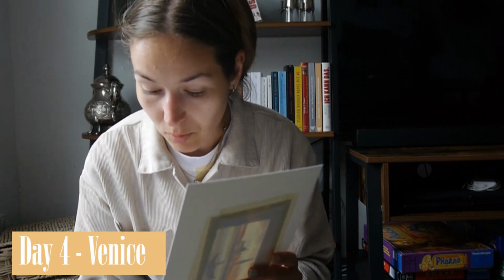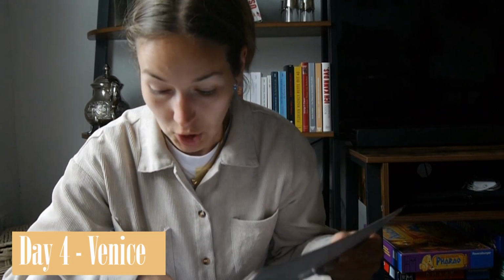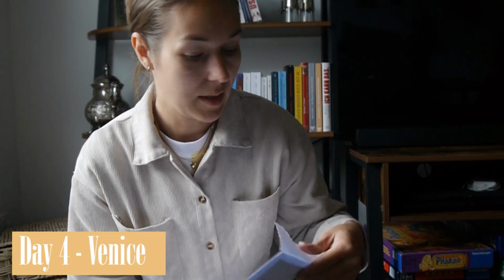And we bought that, and then we also bought a magnet, because we always put them on our fridge, one from every city we've been to. And yeah, that's it. So I will just have a look if we bought anything else in Venice. But I think that's...